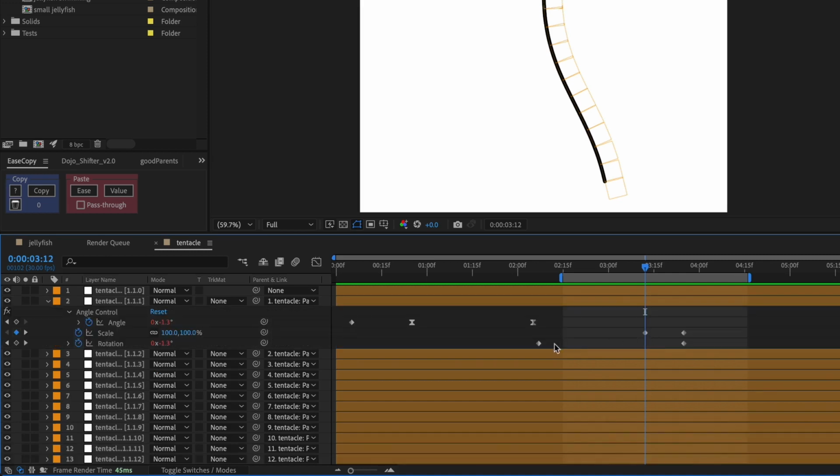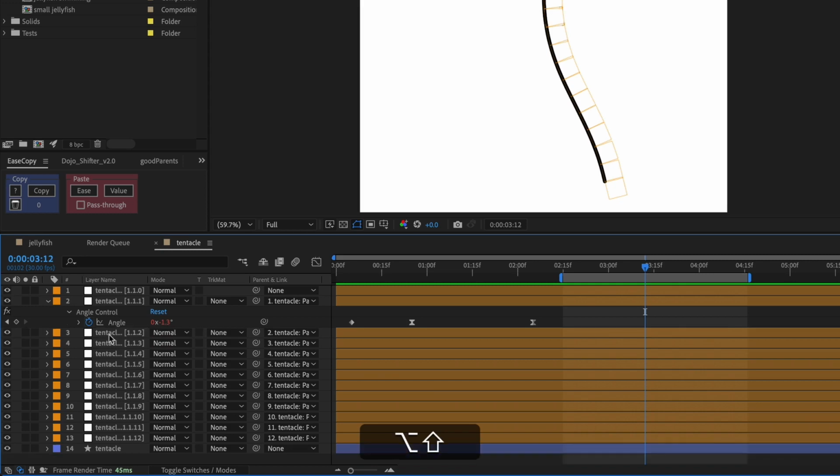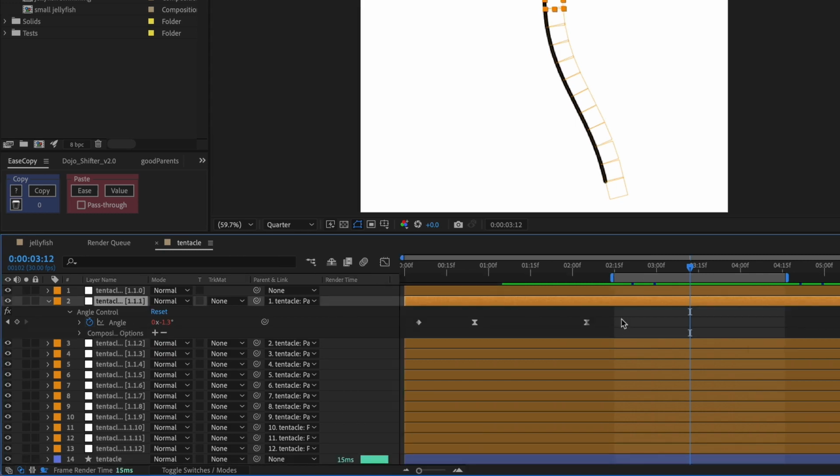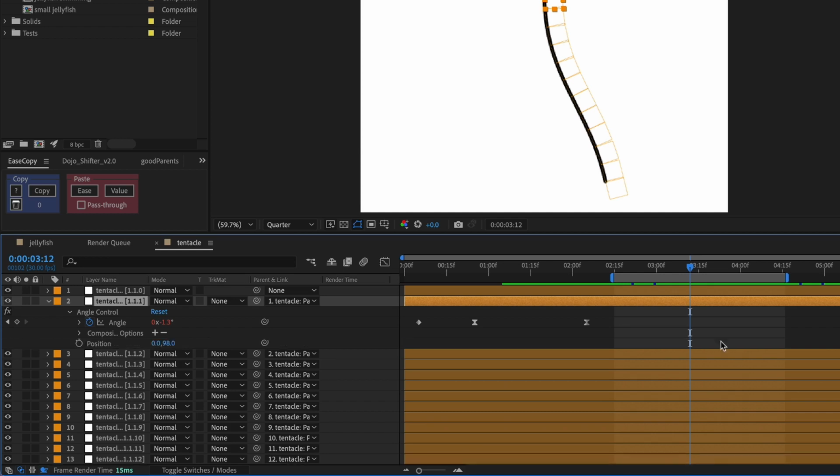If you've clicked U on the keyboard to see all of your keyframes, but you actually only want to see some of them, you can hide the properties that you don't want to see by hitting Option and Shift and clicking on the property. If you want to add a property to the view, you can use those transform keyboard shortcuts plus the Shift key. So say that I also wanted to see the position property, I could do Shift P,